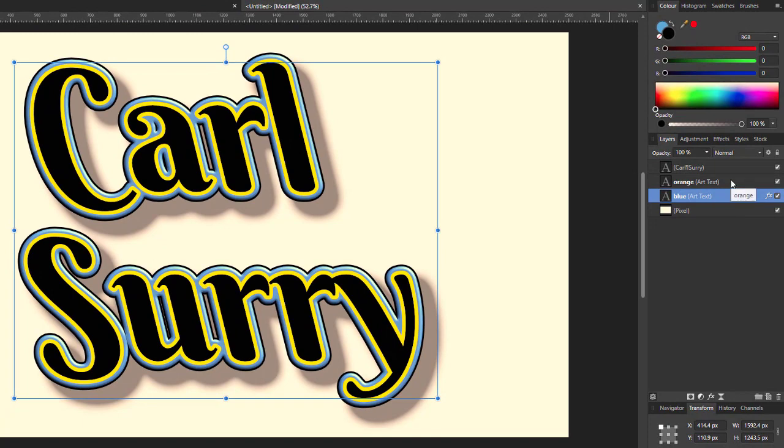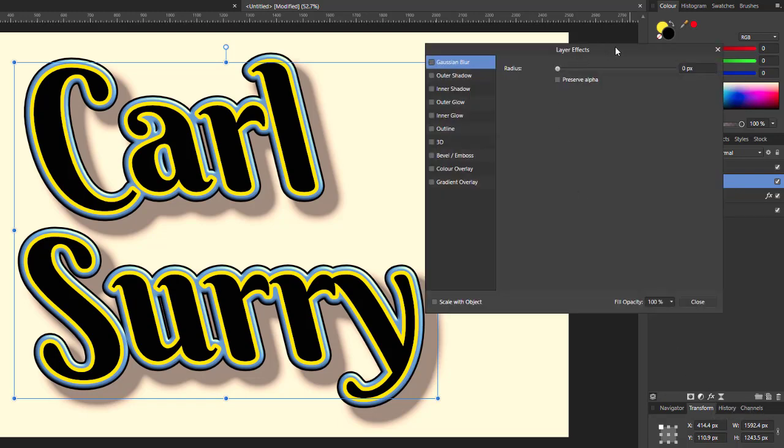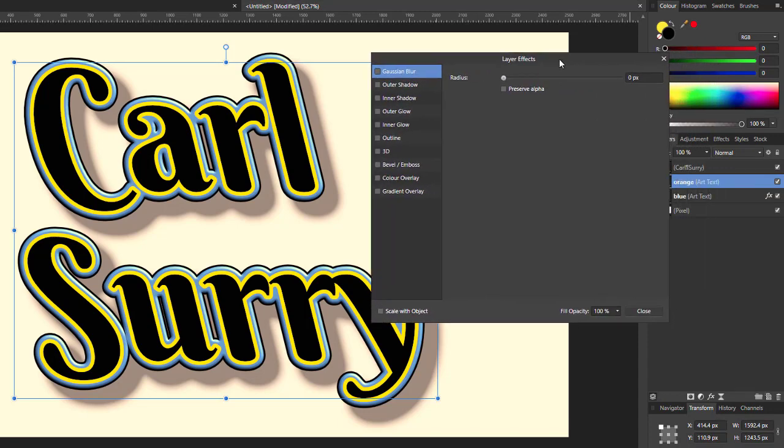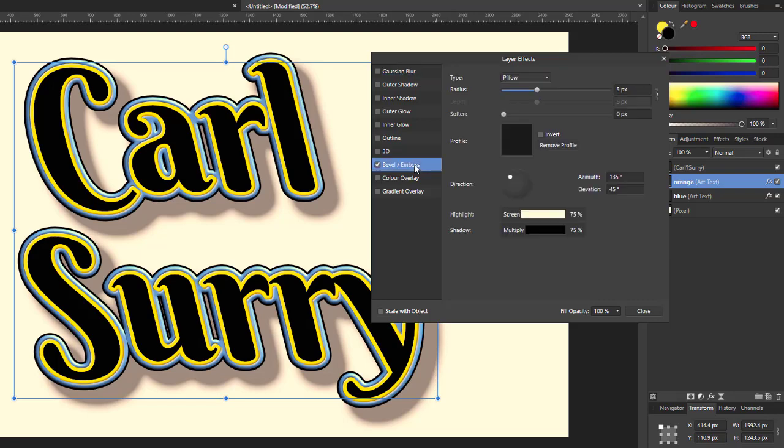I'm now going to click and highlight on the orange layer, and again I'm going to click on the effects button. As this is a new layer, all the options are clear, so you won't be transferring the options you've used on the blue to this layer, because it'd be totally different. So this time I'm going to use the bevel and emboss. So I'm going to click on the box to put a tick in it, click on the words to give me the options, and this time I'm going to change, at the moment it's set on type, to change that to inner,